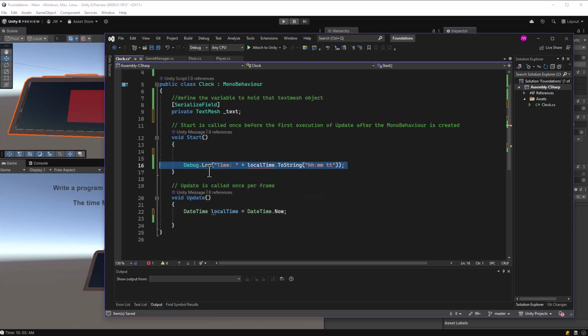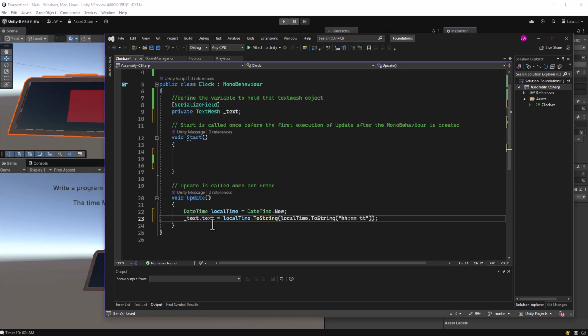And then we no longer need to debug it, but we still need the formatting here, because this is how we're going to format it onto our string. Essentially, we're going to take the current text value, which is just 000 of our text object, and set it equal to local time.toString, and we're going to include the formatting. Just like that. So toString, the format,